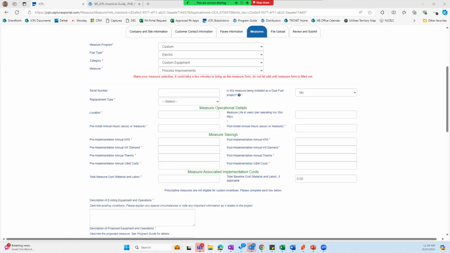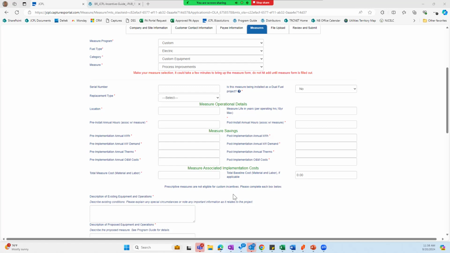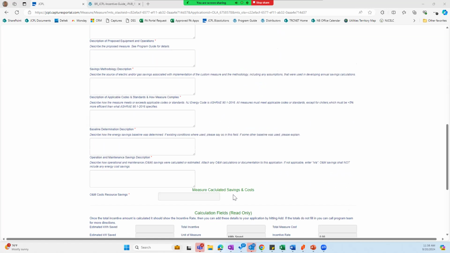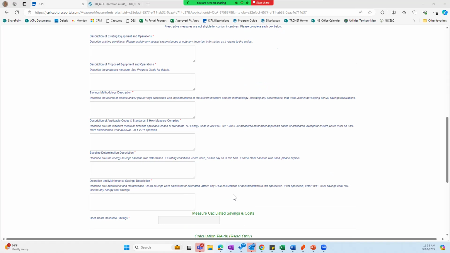Sometimes we receive applications that claim they're saving 100,000 kWh per year, and when you click into the cell, it's just a hard-coded value and there are no equations associated with it. By including the equations, it helps our engineering team to follow the process easier. On top of that, I also ask that you provide a brief narrative on how the savings were calculated or any assumptions made. This really helps our engineering team to work more efficiently and turn around comments in a timely manner.